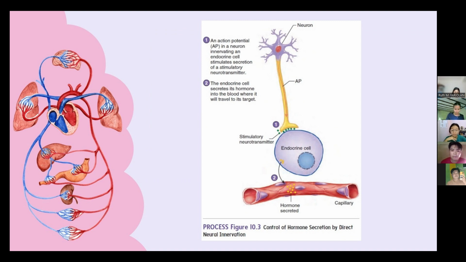Figure 10.3 illustrates the neural control of hormone secretion from cells of an endocrine gland. For example, in response to stimuli such as stress or exercise, the sympathetic division of the autonomic nervous system stimulates the adrenal gland to secrete epinephrine and norepinephrine, which help the body respond to the stimulus. Responses include elevated heart rate and increased blood flow through the exercising muscles. When the stimulus is no longer present, the neural stimulation declines and the secretion of epinephrine decreases.